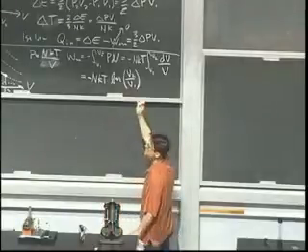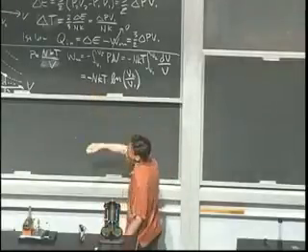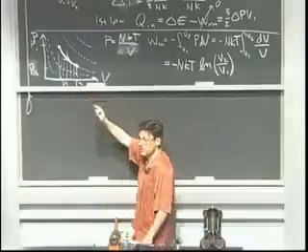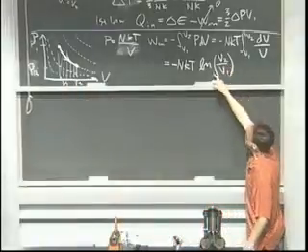But I think I got my signs right. Let's check and see. So I'm calculating the work that's done on the gas. You've all told me that it's going to be negative in this case. Let's check to see that that's true. V2 is bigger than V1. Log of a positive number